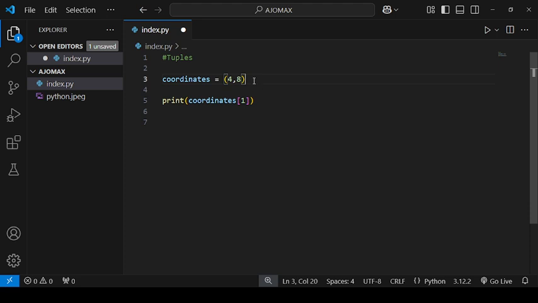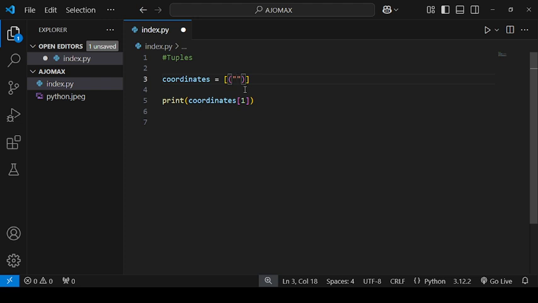Now I can come here and delete this 4, 8. Then after deleting it, I can have square bracket. After having square bracket there, I'm going to store now a number of coordinates inside that square bracket. I can have that, then I can have speech marks inside there. I'm going to have